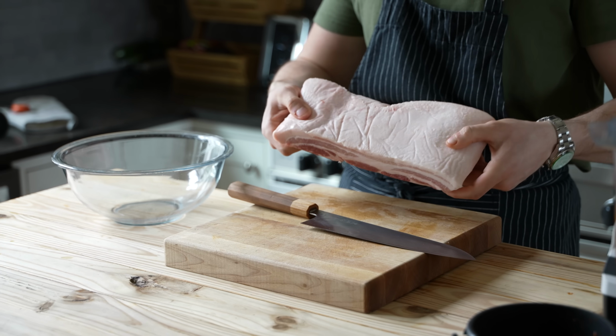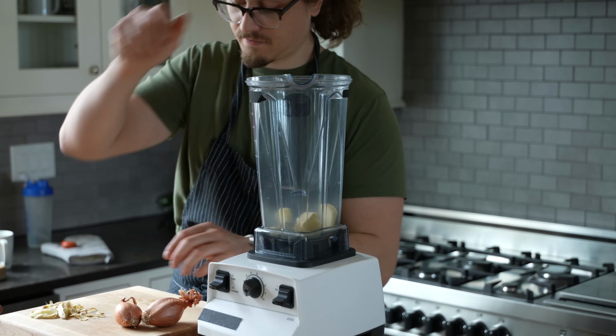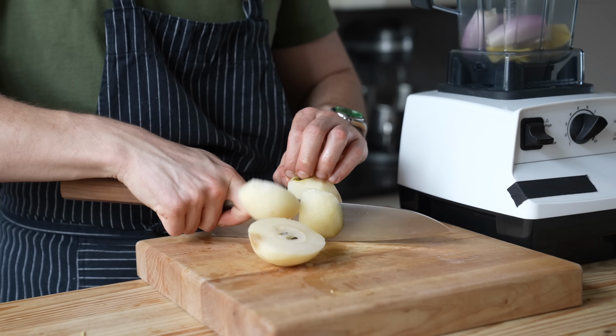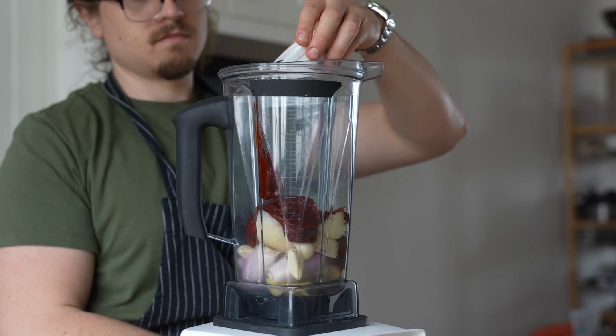sandwich. Get 2 pounds or 450 grams of whole skinless pork belly, cut that into 1/2 inch thick strips, place all that into a bowl, then in a blender, add a 3-inch knob of peeled ginger, 2 to 3 peeled shallots, 1 Asian pear, peeled and cheeked, 7 cloves of garlic, half a cup or 125 grams of gochujang, 1 tablespoon or 7 grams of gochugaru, 2 teaspoons or 5 grams